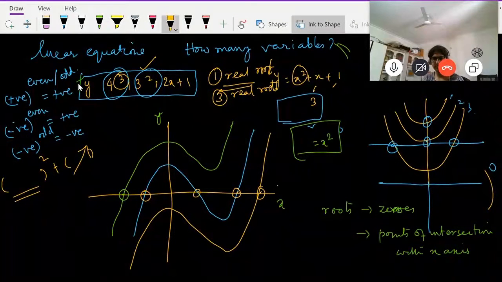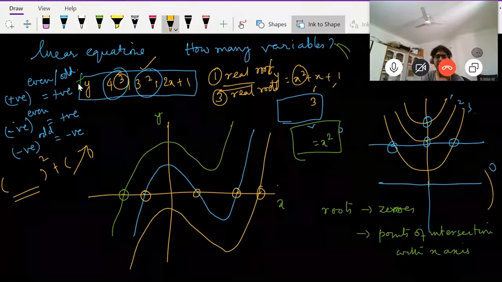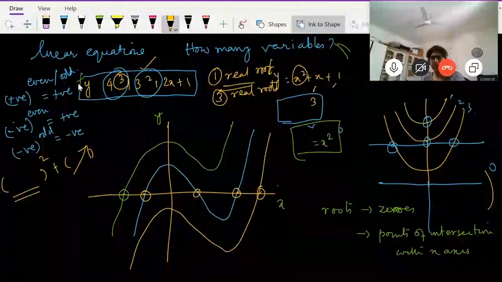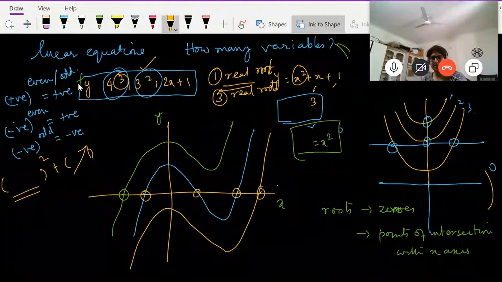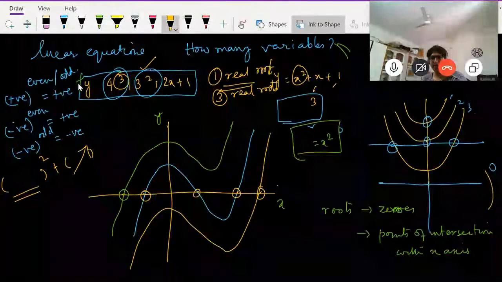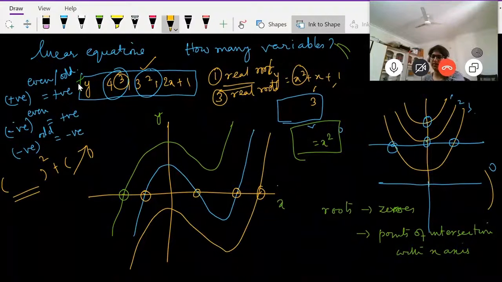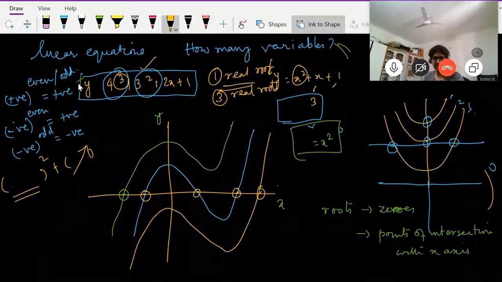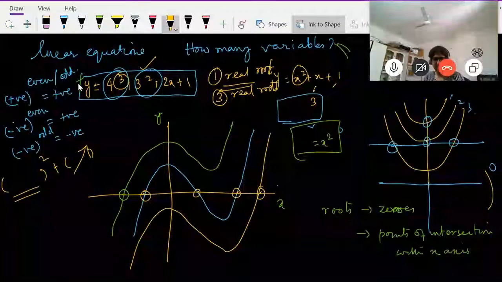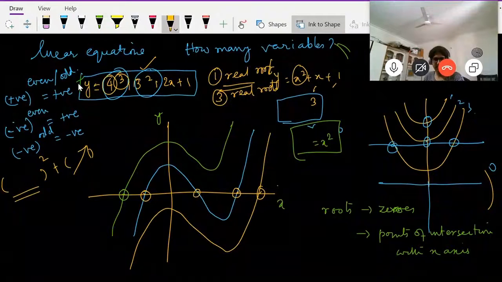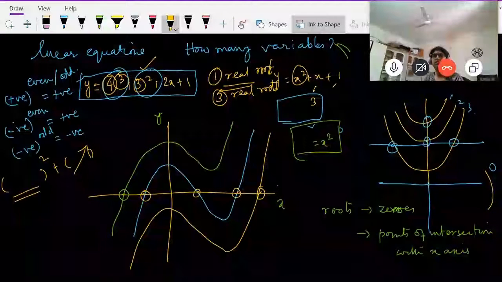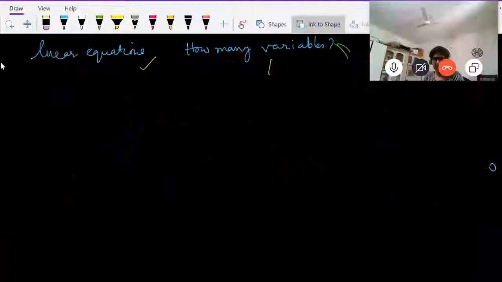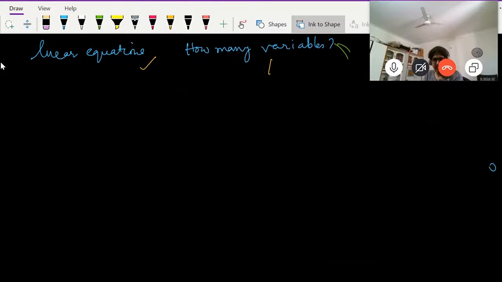But conceptually, this is what it will look like. But how will we realize how the graph will look like, the curves you've made and the places where it's touching? How will we realize what the roots are and how the graph will look like? Correct. So that will depend on the coefficients, right? Let me clear this. So again,